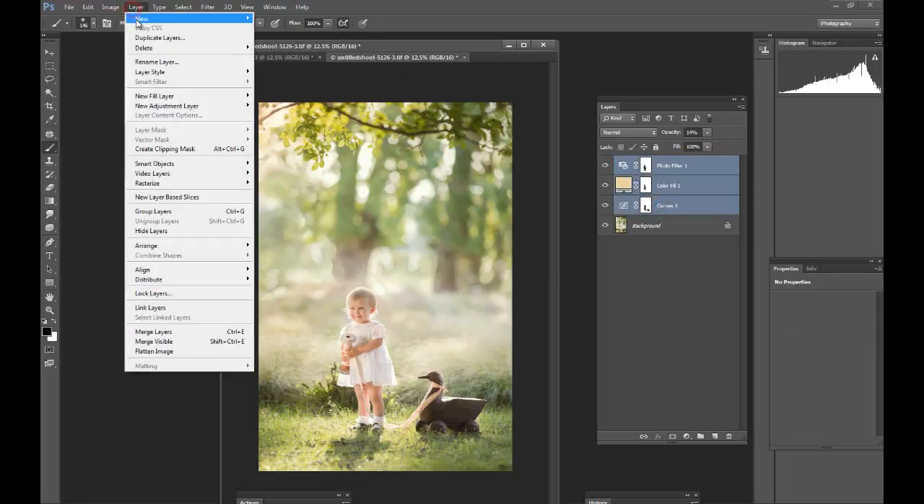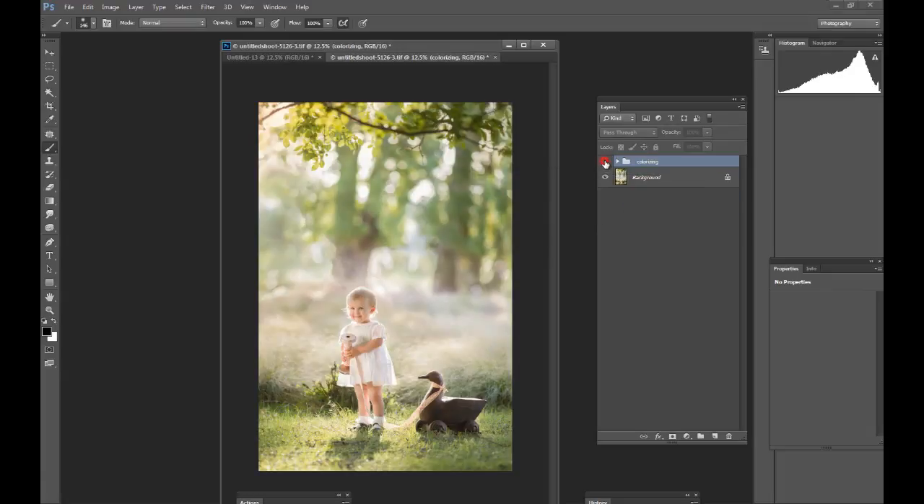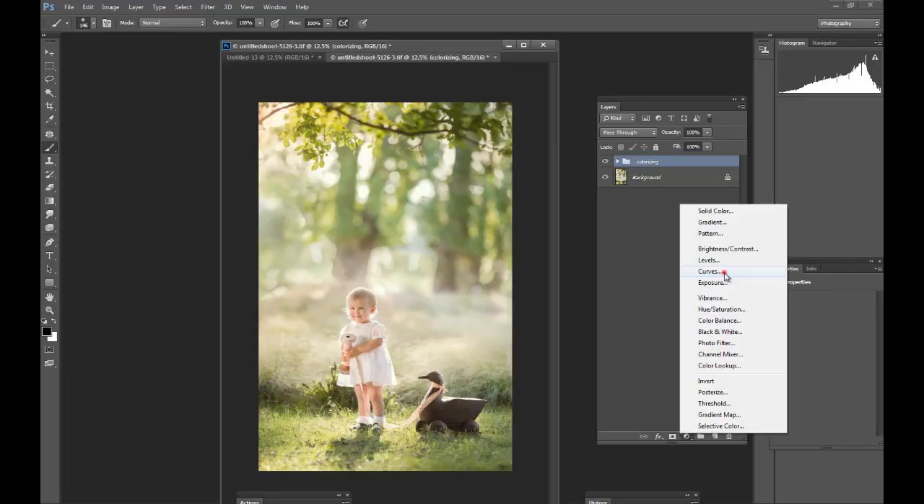Let's have a look. It's just added a little bit of colour in. It's made the greens a little bit greener. Okay, now I need another curves adjustment,